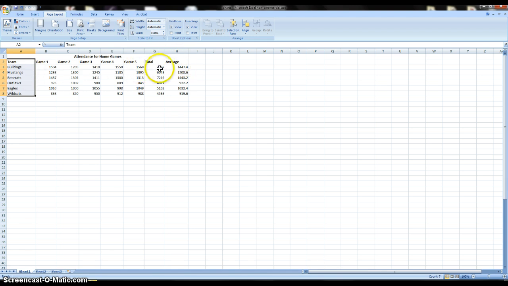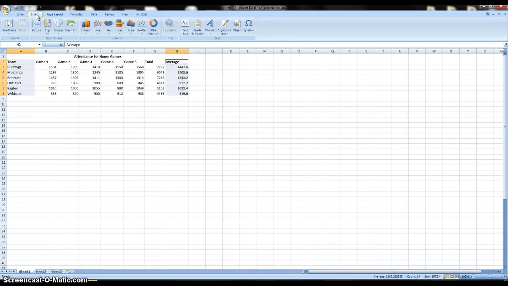Average isn't right next to this, so if I want to highlight multiple cells that are non-adjacent, I have this group over here selected. Then I'm going to hold down the control button, and click and drag over here as well, and then you can see we have this area highlighted and we have this area highlighted. Okay, so what I'm going to do now is go up to insert, and I'm going